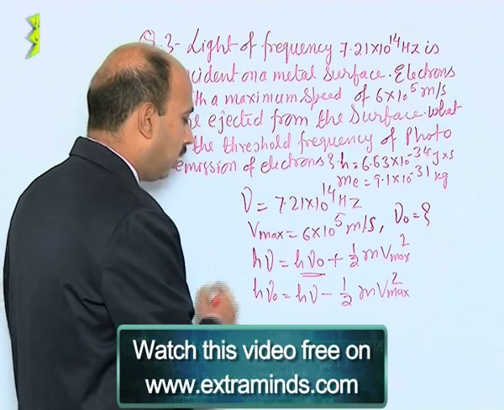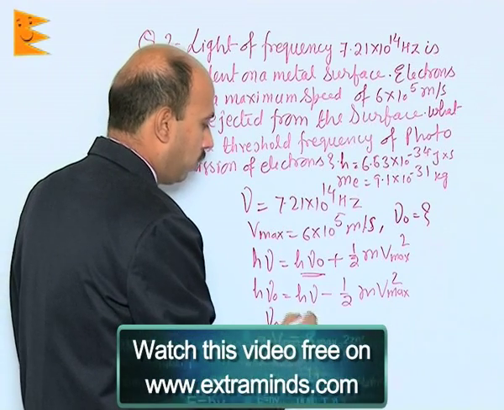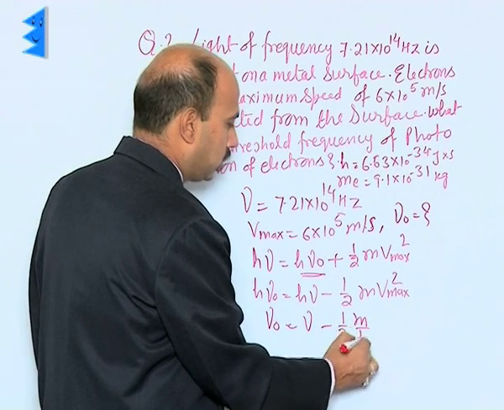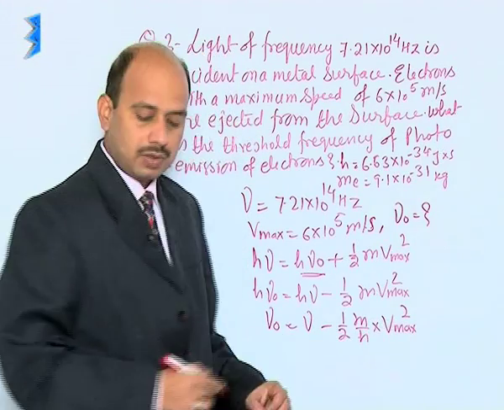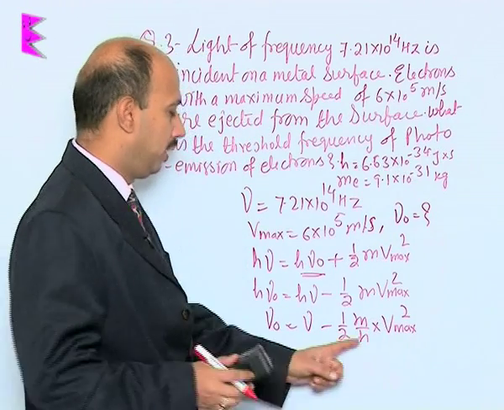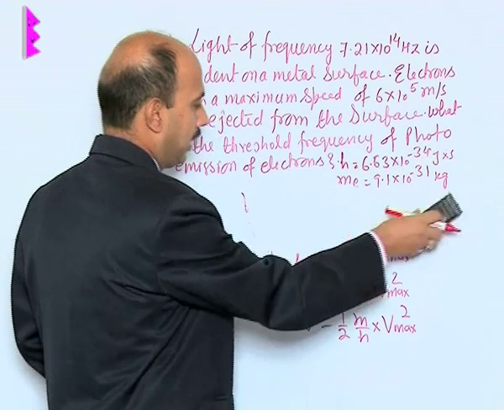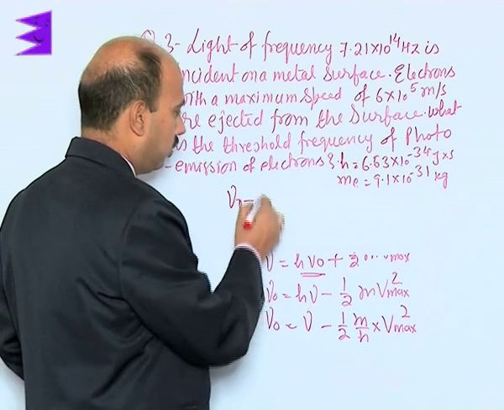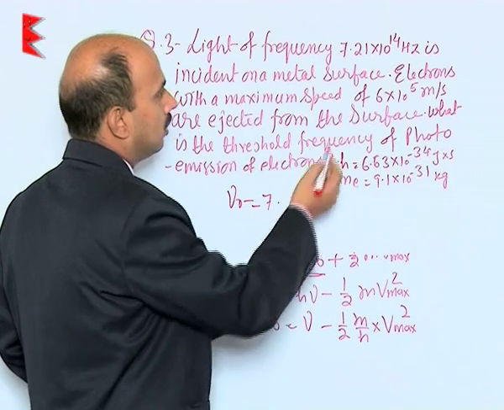Now we have to calculate ν naught. So we can write ν naught = ν − (½ m / h) × v_max². Now we can put all these values over here. So when we put all these values, we will be getting here ν naught is equal to, it is given here the